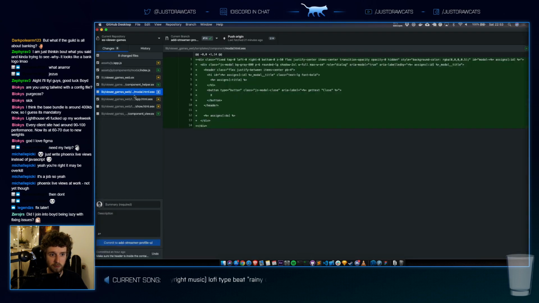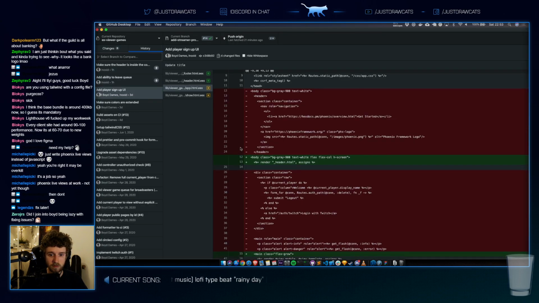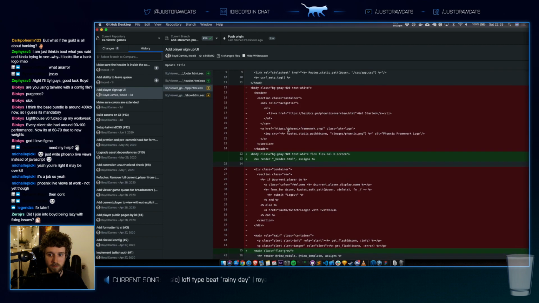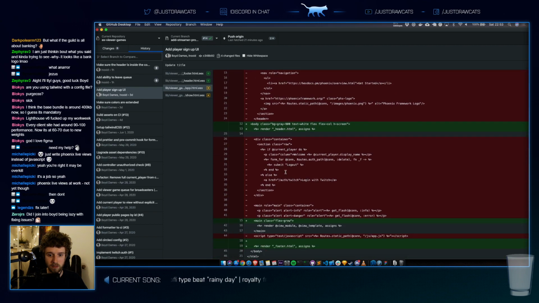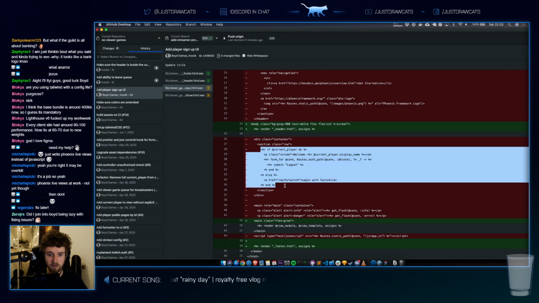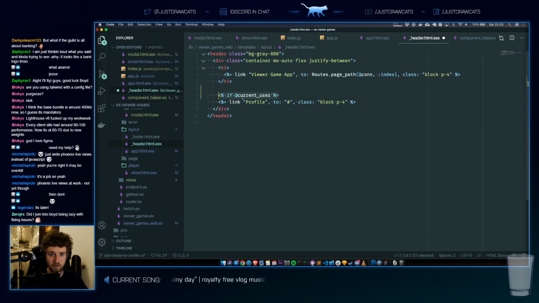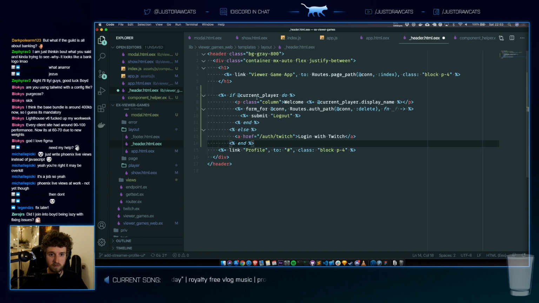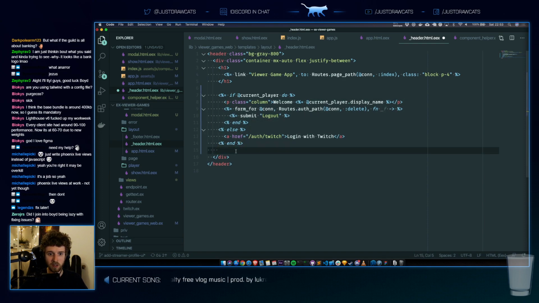What did I have before? So we had log in with Twitch or log out. So this is the profile button. This is when I'm logged in.